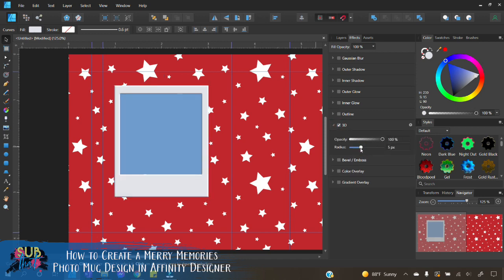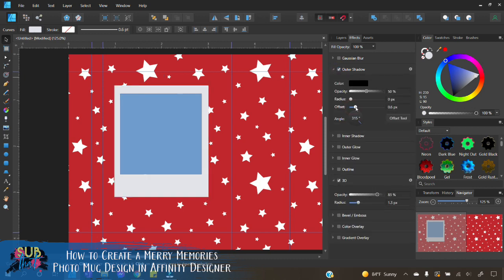And I don't really need this a lot. I need it just enough. So I'm going to set that radius to 1.3, and I'm going to bring down that opacity. I want it to be just enough that it kind of comes off the page, but not so much that it looks really fake. So I'm going to do that first, and then I'm also going to do my outer shadow,